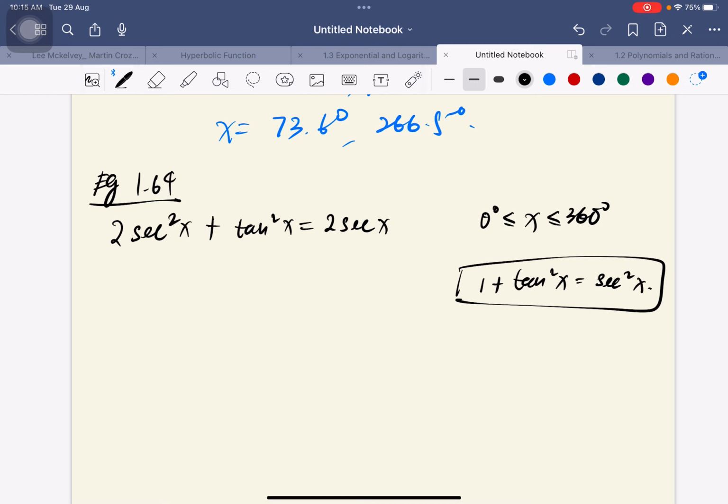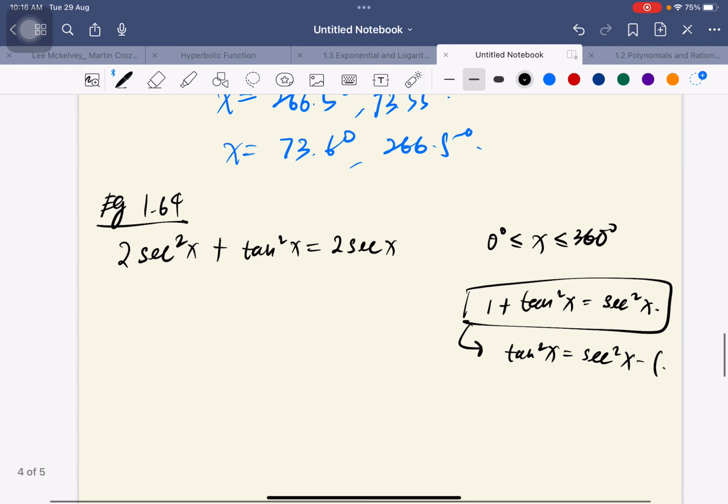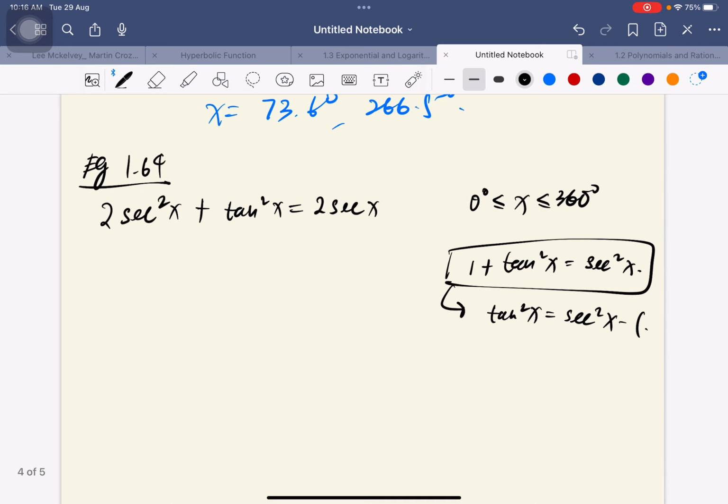So with this, tangent square x will be equal to secant square x minus 1, because there are so many terms there: there's secant, there's tangent. In solving, we'll always try to make the whole equation with just one single trig function, if possible. If it's not possible, then we'll try to make things easy, like making everything in terms